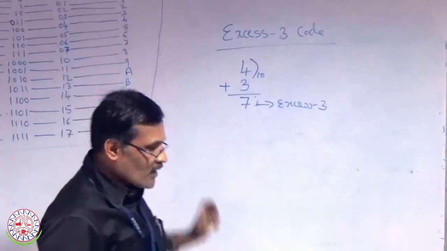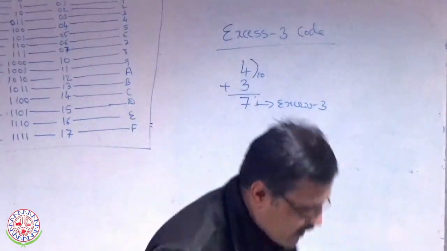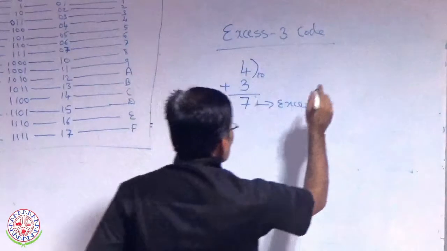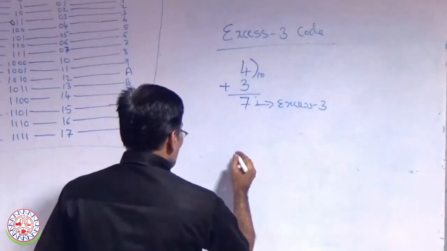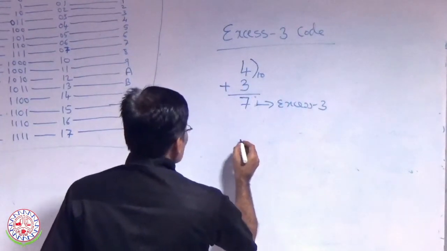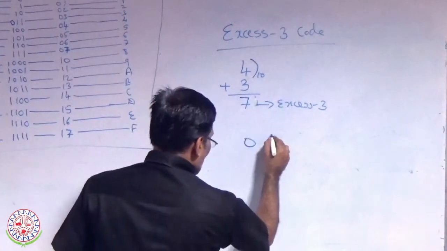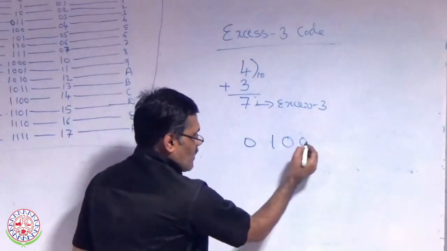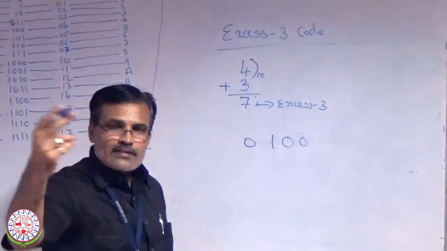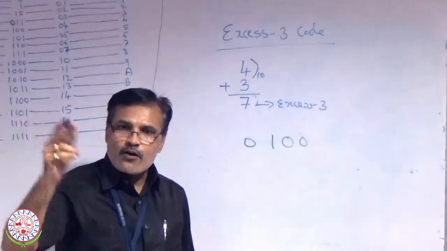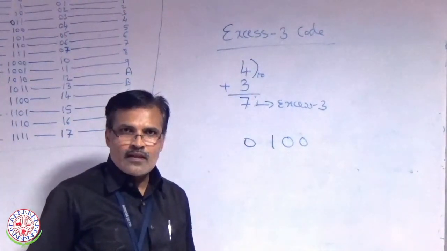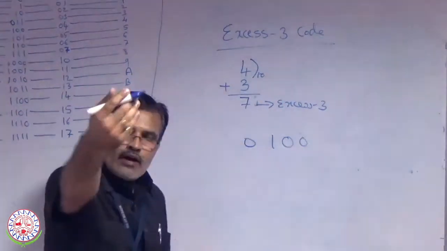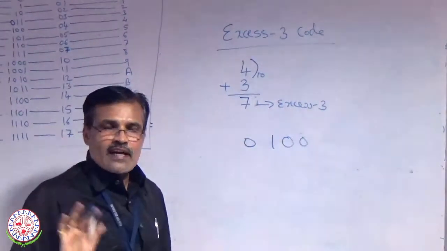The same thing we will write in binary form. Let us take the same number 4. What is the 4-digit binary code for 4? 0100. You will be given this binary number and asked to generate the equivalent Excess 3 code for it. What you need to do is add 3 to the given number. That itself is XS3.